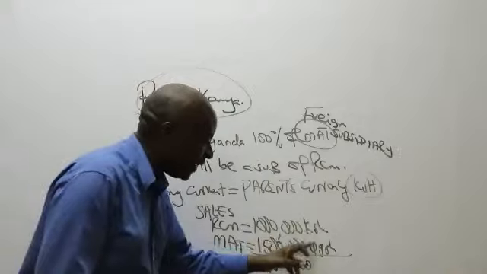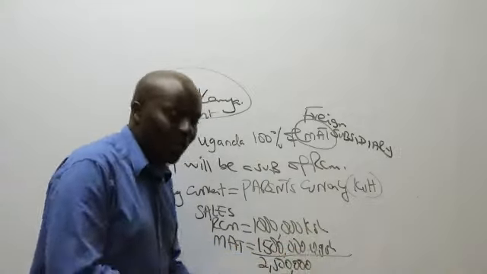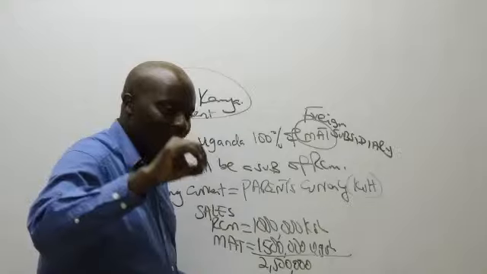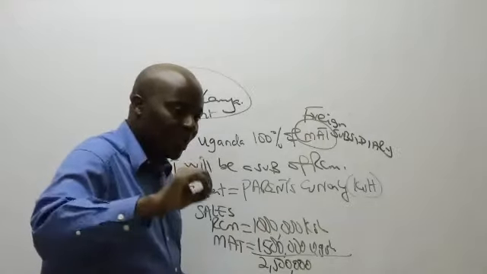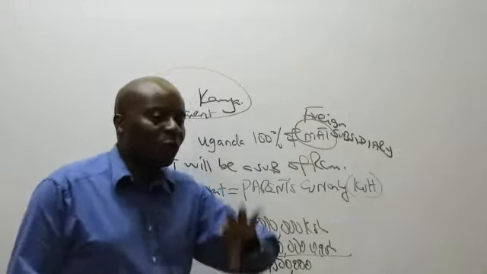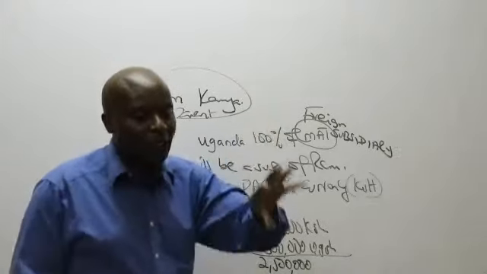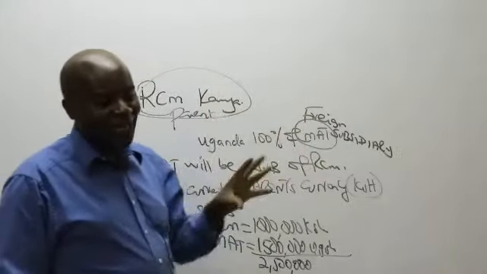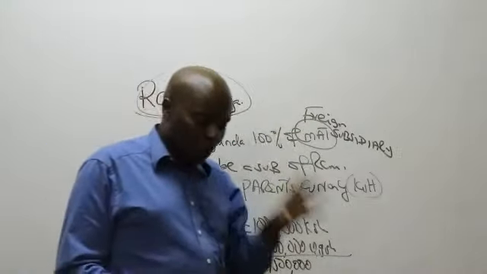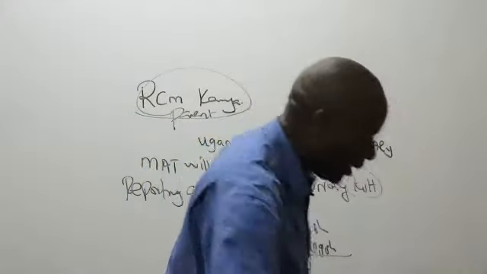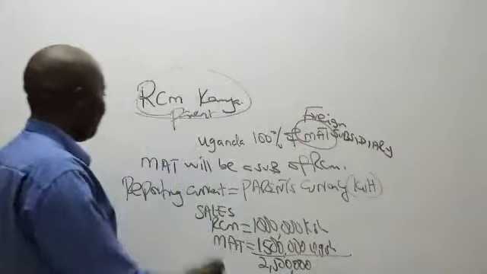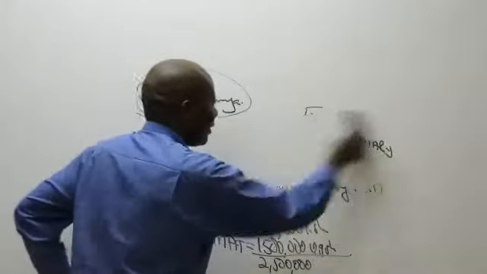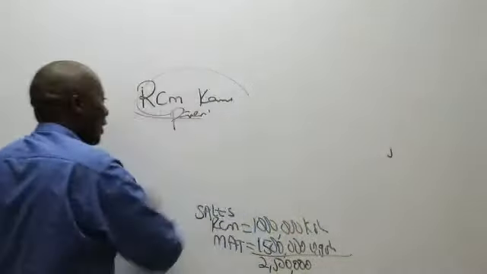There is no way you can add these currencies the way they are. The foreign subsidiary metrics must be translated to the parent's currency, must be translated to what we call the reporting currency. That is so important to us. Now, ladies and gentlemen, listen to me very well. Please listen. In your exam, always, for purposes of translation,